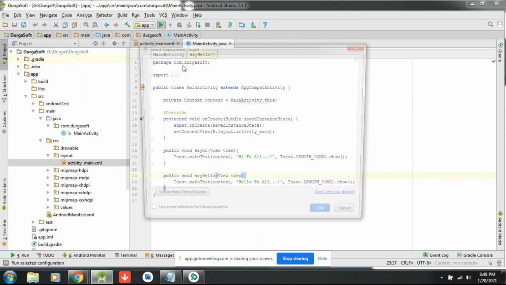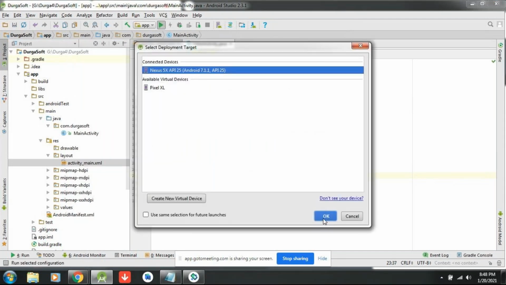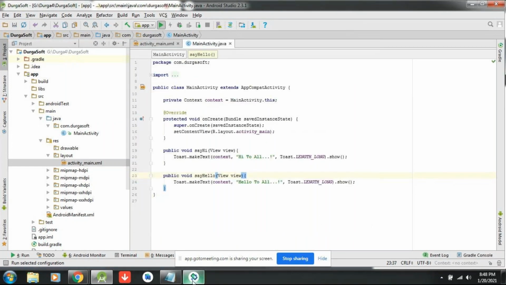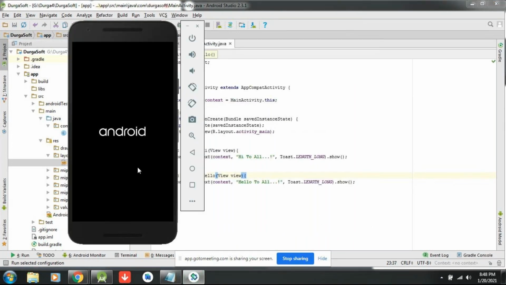Let me try to run this. Still it is taking time. Unfortunately I removed this from the system.